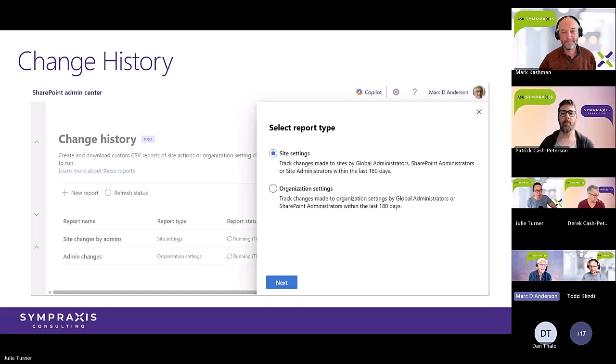So it doesn't go deep into the sites. It's more that high level, what stuff you can do as an admin set of changes. And these both go back 180 days. So I think what this basically is doing under the covers is taking a slice of the audit log and saying, let's see what stuff admins have done recently.